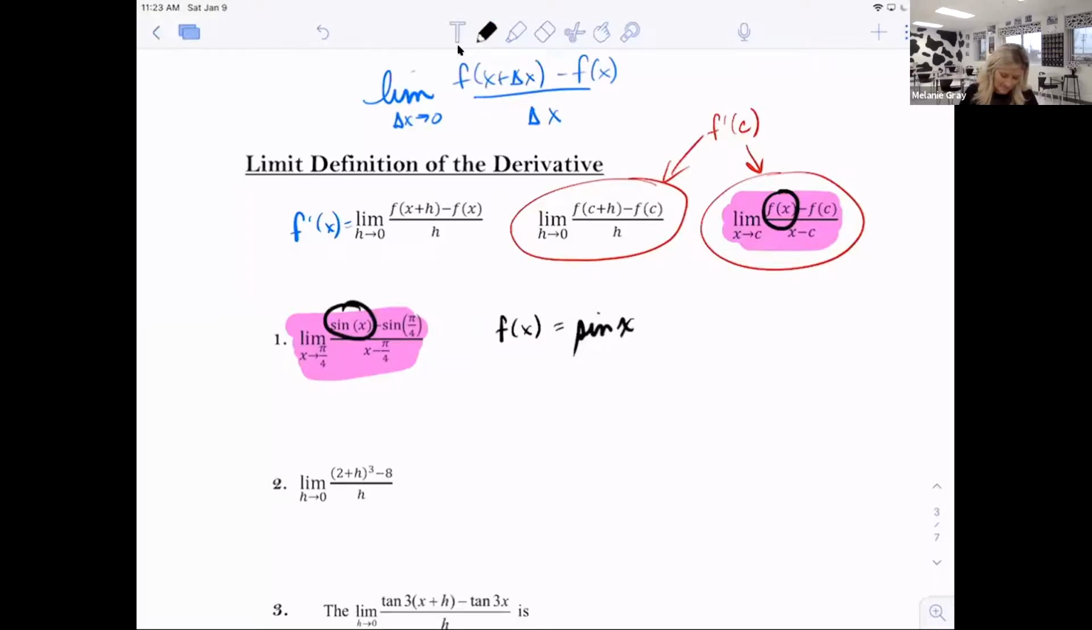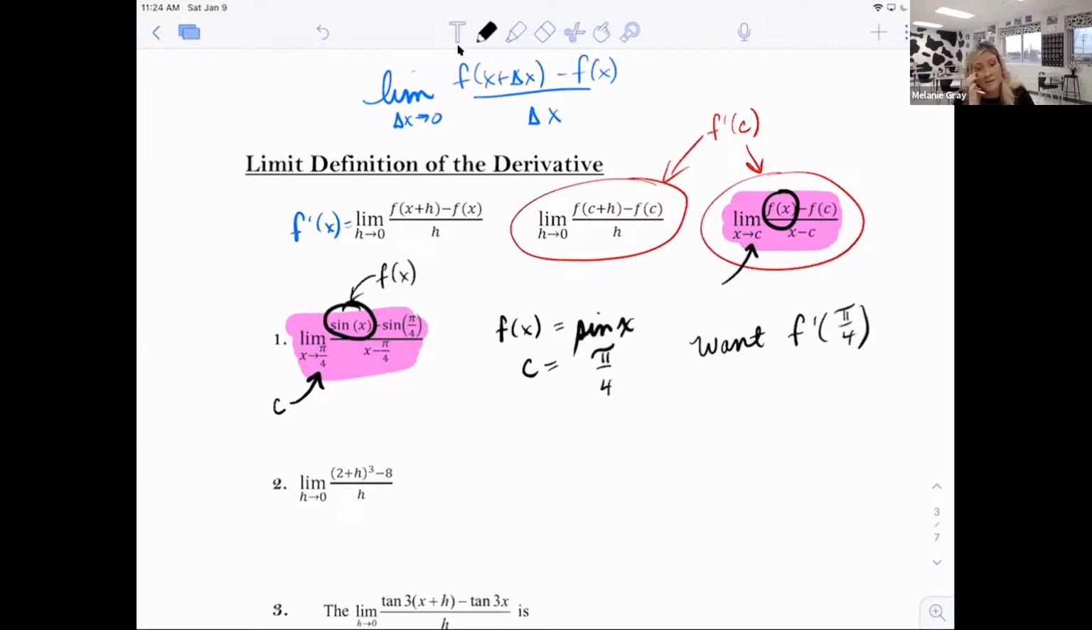And then I also note that my c value is pi over 4, and I really look either at what x is approaching, or you could also look at your denominator. You could also look at the second term in the numerator, but you can see that pi over 4 happens in all 3 of those places. So if we have that f of x is sine of x and c is pi over 4, what we want is we're wanting f prime of pi over 4,